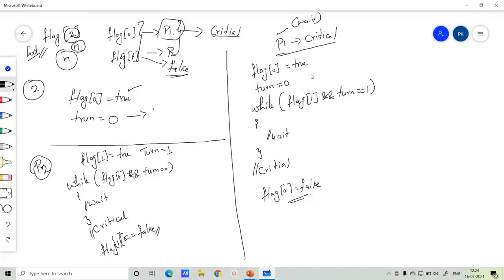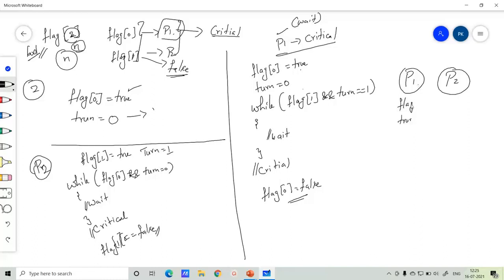As I told you, if you have process 1 and process 2, two different processes which are trying to access a resource which cannot be shared, we are going to use these variables called flag and turn.